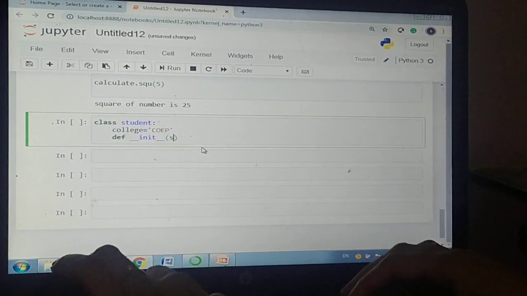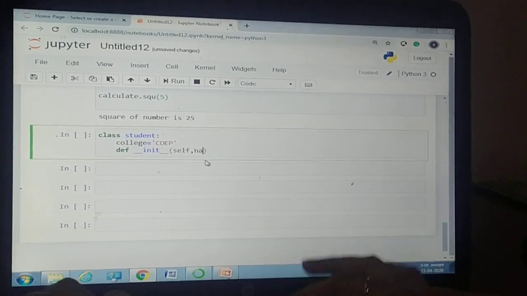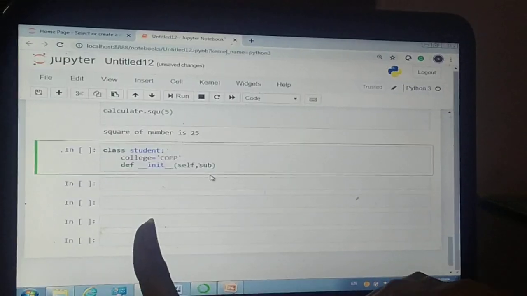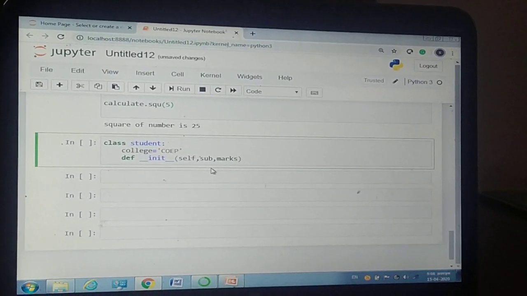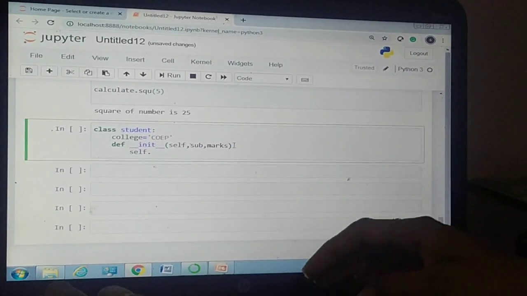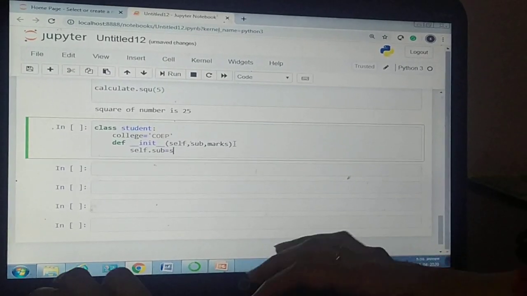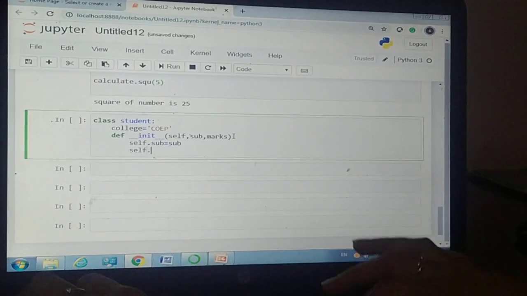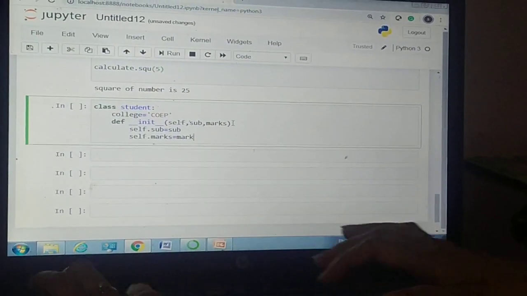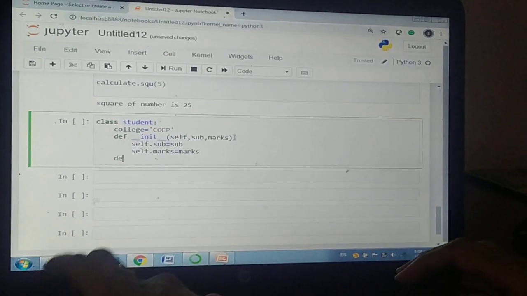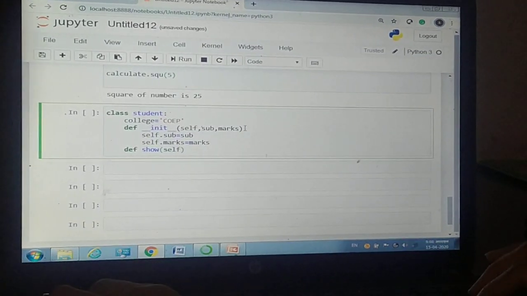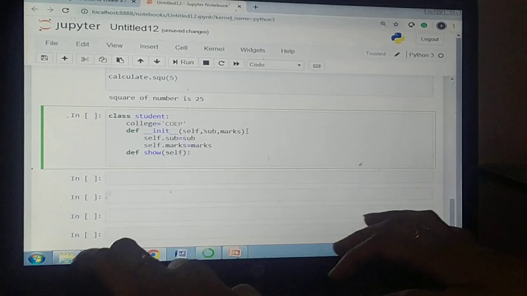INIT, self comma sub, or we can say subject, comma marks. Okay, so here self dot sub is equal to sub, self dot marks is equal to marks. I'm going to take another function, def show self. This is a normal method. Okay, print